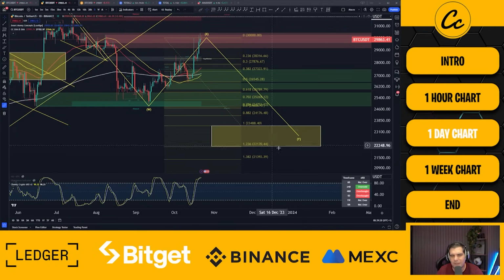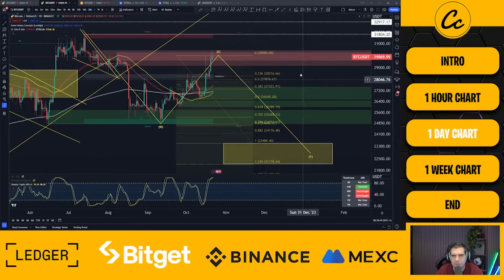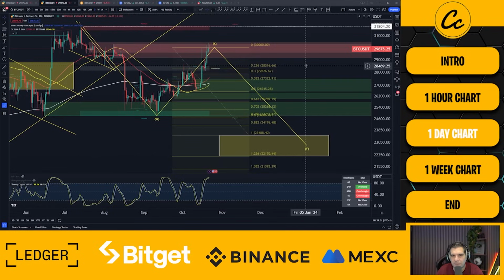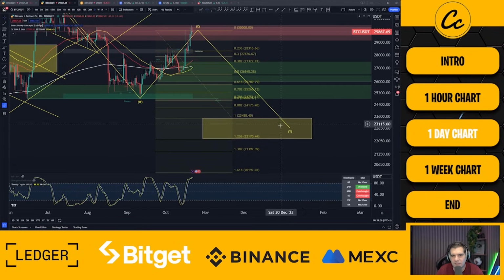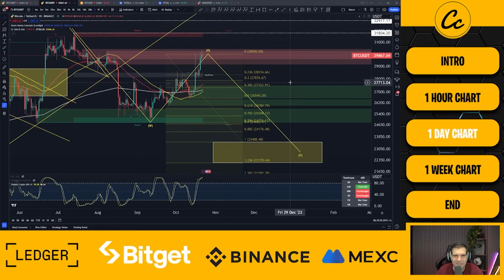This range is of immense interest because it is being targeted from many different analytical points of view. It is not just Elliott wave theory saying here. There are many different ways of approaching the market and price analysis, and a lot of these are indicating $22,000 to $23,000. So this area is of immense interest, not just from an Elliott wave theory point of view, but from just a price analysis point of view. So whether we breached 31,800 doesn't necessarily rule this out. It would just mean that there's potentially a different path in getting to that particular range.